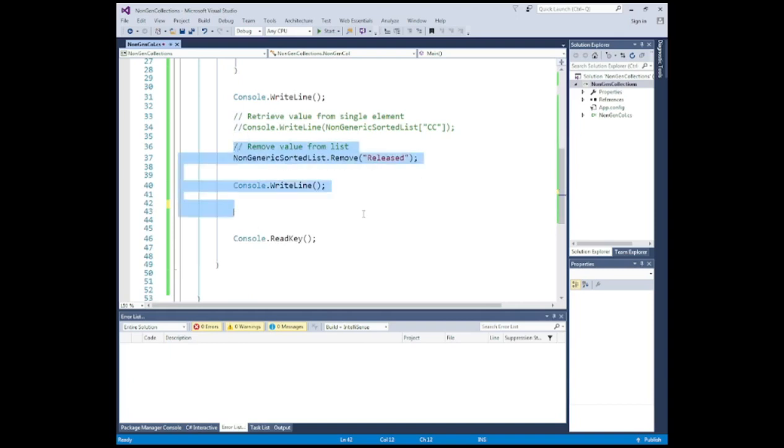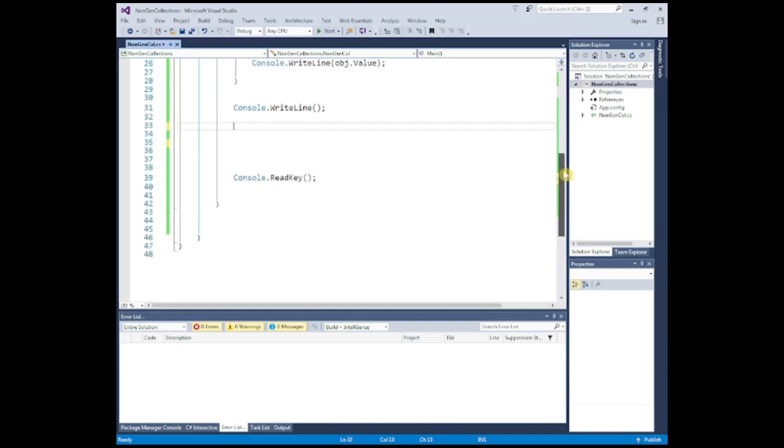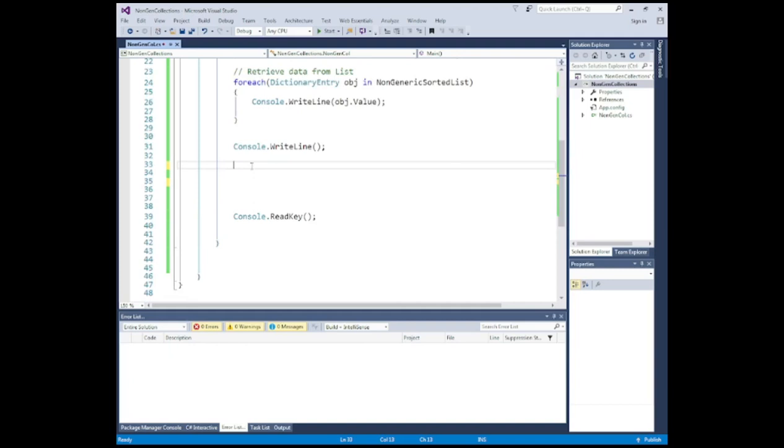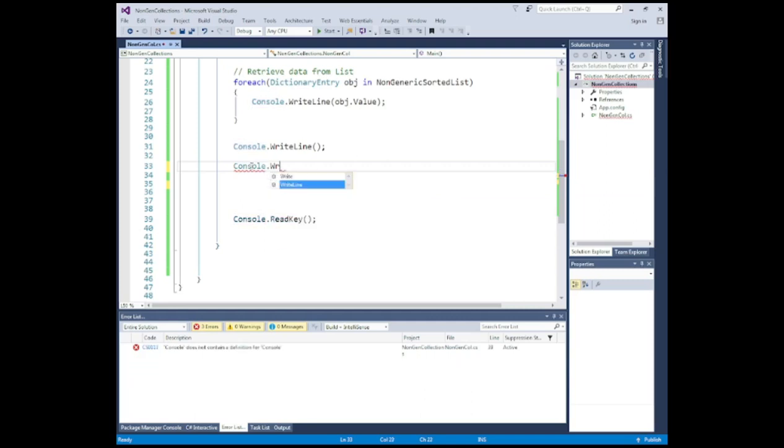I'm going to get rid of all of that. Okay. And here I'm going to say Console.WriteLine, and then the name of my list is non-generic